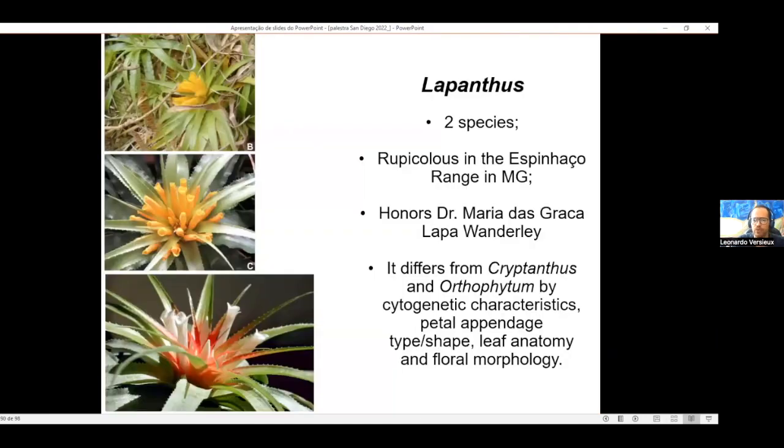And then we move to Lapanthus. Lapanthus has only 2 species. Both of them are endemic to Minas Gerais, Espinhaço. They do not reach Bahia. It honors Maria das Graças Lapa, it's her surname, Vanderlei,